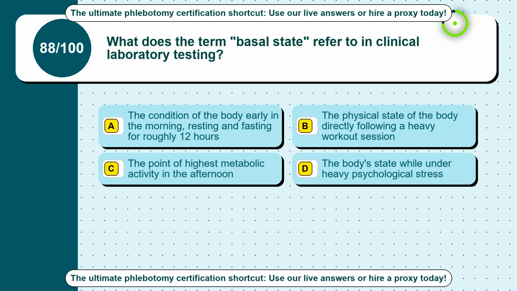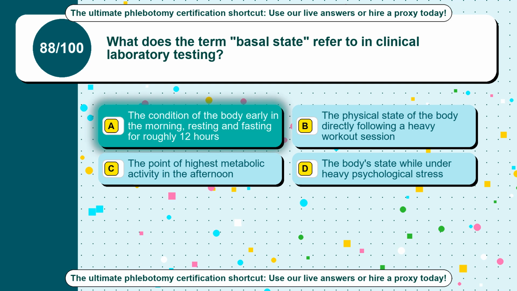Option A, the condition of the body early in the morning, resting and fasting for roughly 12 hours. Option B, the physical state of the body directly following a heavy workout session. Option C, the point of highest metabolic activity in the afternoon. Option D, the body state while under heavy psychological stress. The correct answer is option A, the condition of the body early in the morning, resting and fasting for roughly